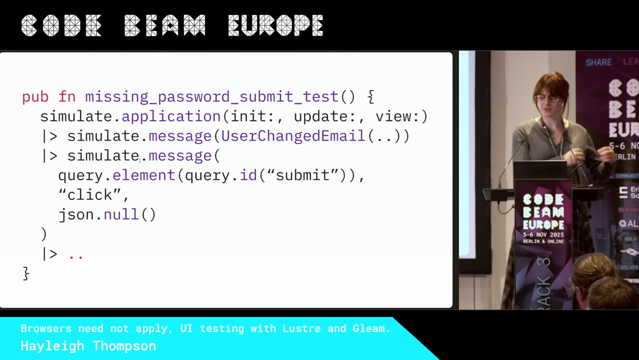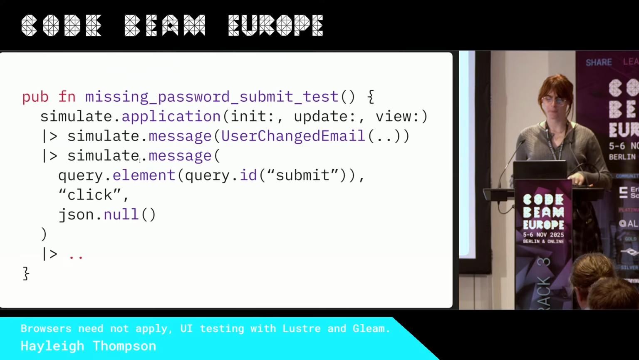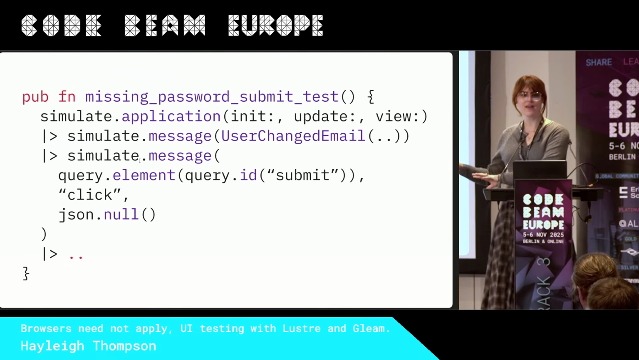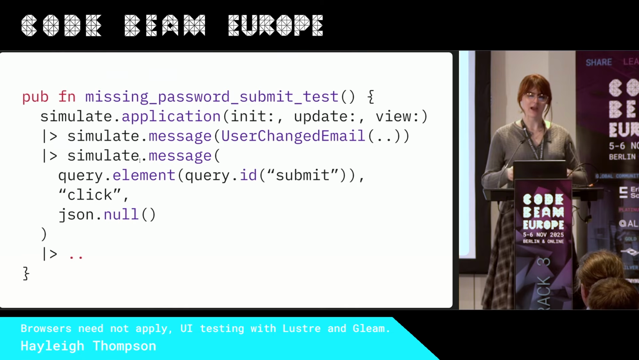And in this case, we're not going to send any JSON payload. But now we're making sure that if there is a click event on this element, we're going to get a message in our update loop. And now we can start saying,